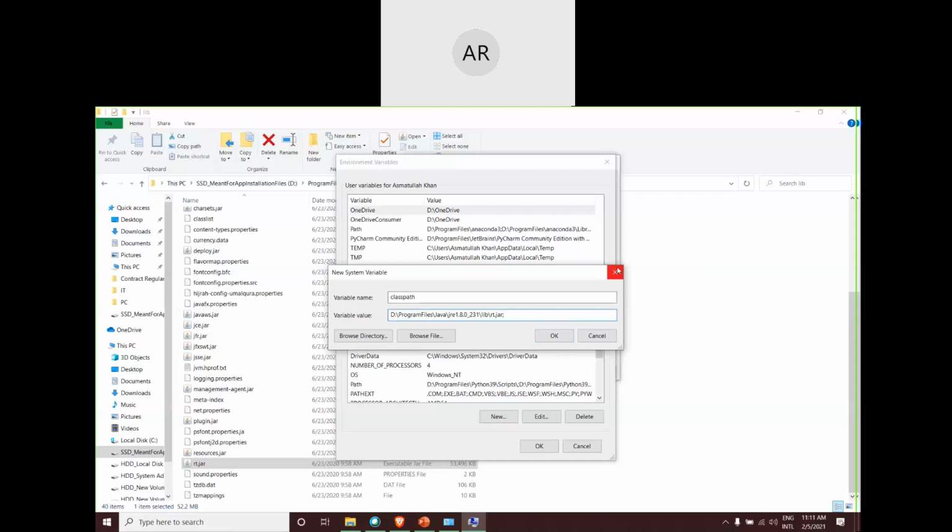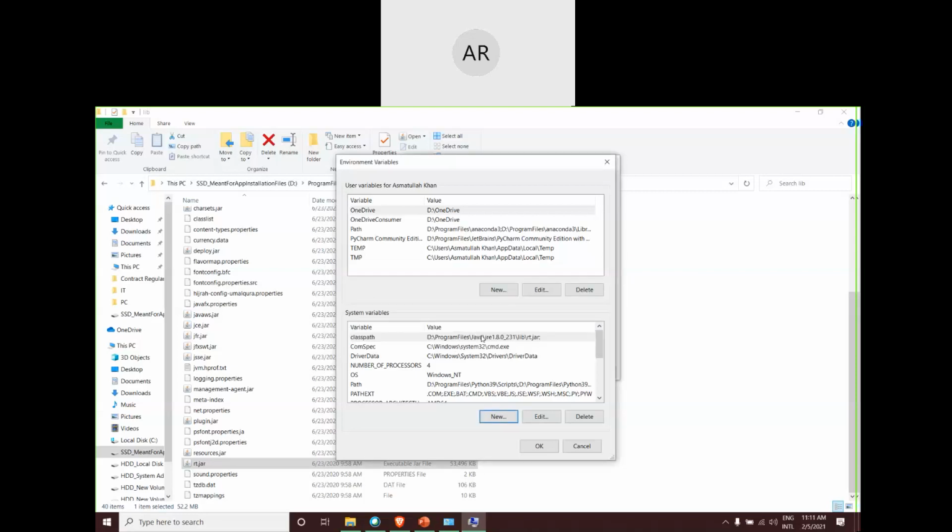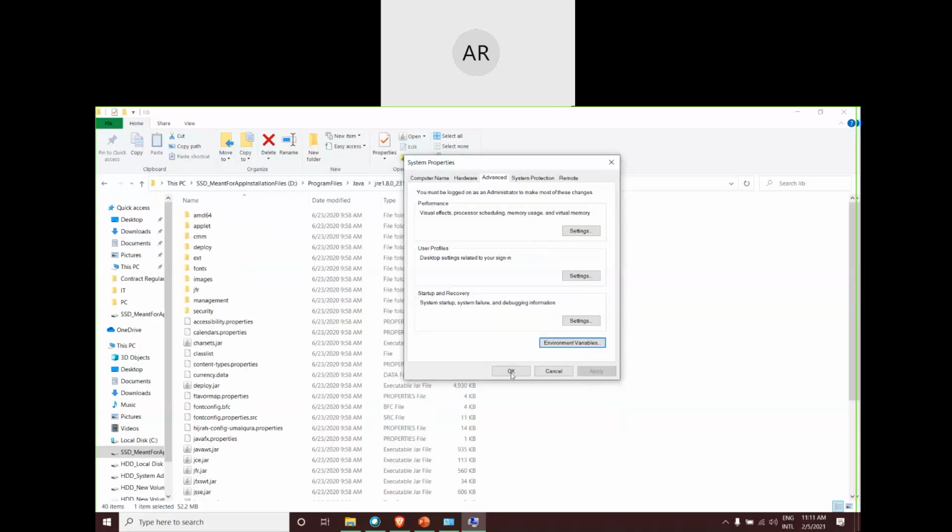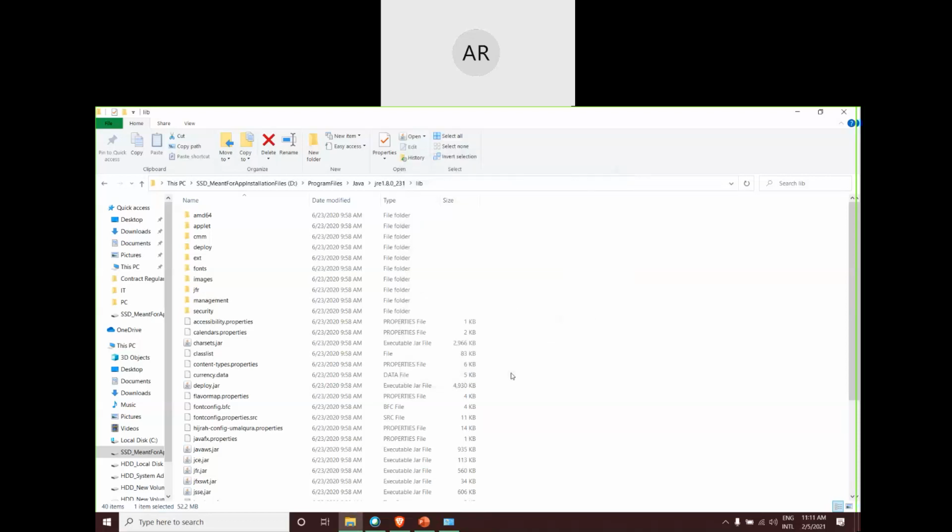But right now it's already there for me, so I'm not clicking on OK. Once you have clicked on OK, it will get inserted here. The variable will be created along with its value. You can clearly see that particular part has been done already for me. Fine. Now click on OK again. Click on OK. And then your installation is complete. It will run fine. There will not be any issue.